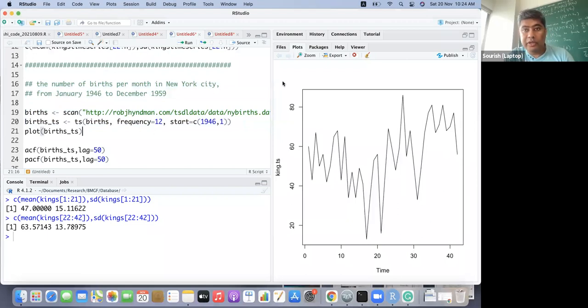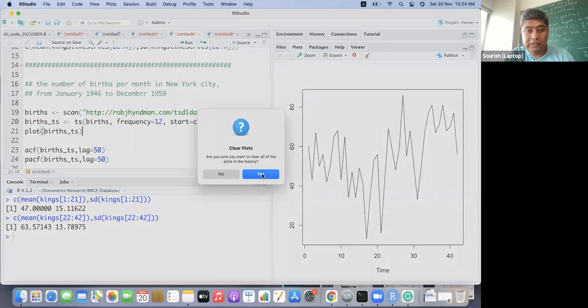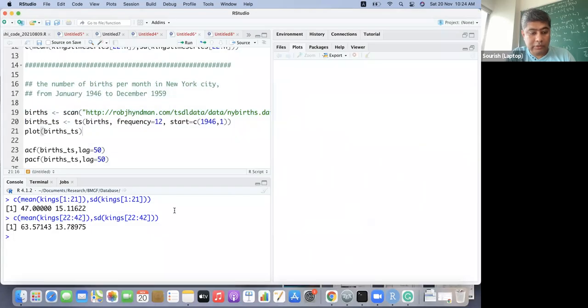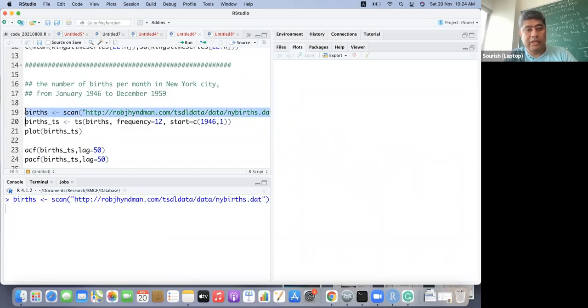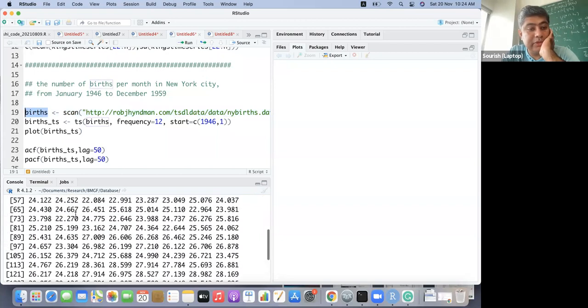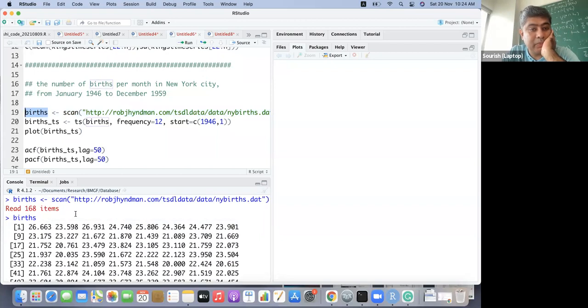Now, let me just clear this. So let me just call this data set. There are 168 items being read, and these are the numbers that have been read.